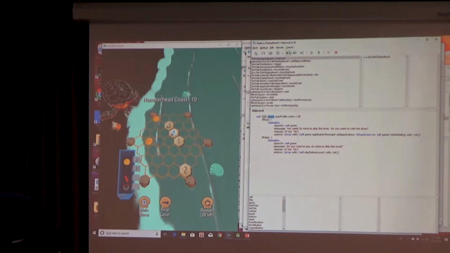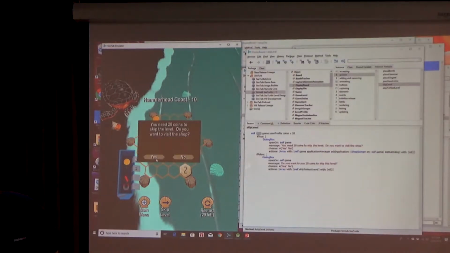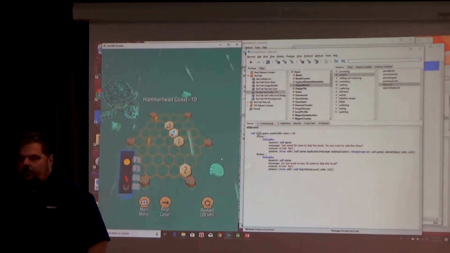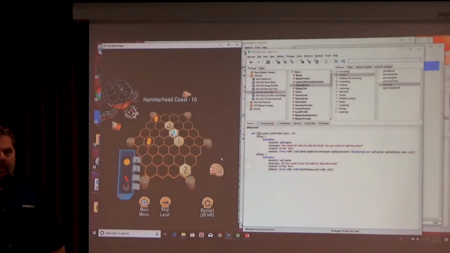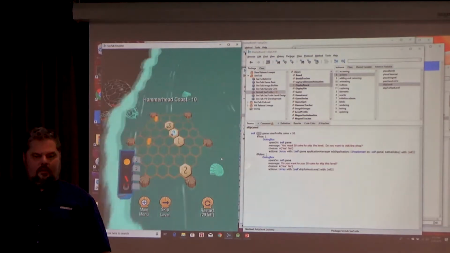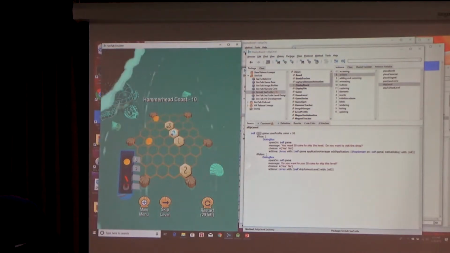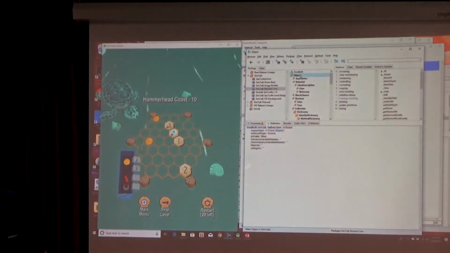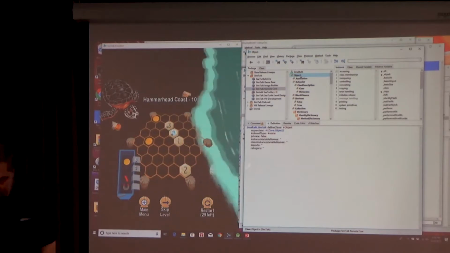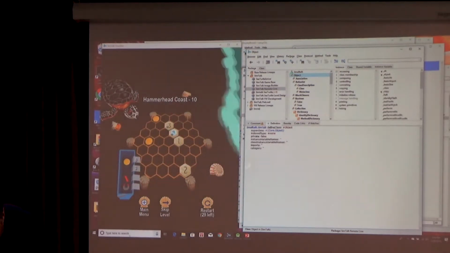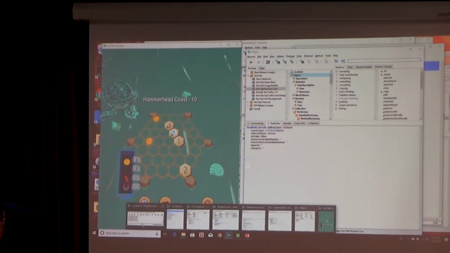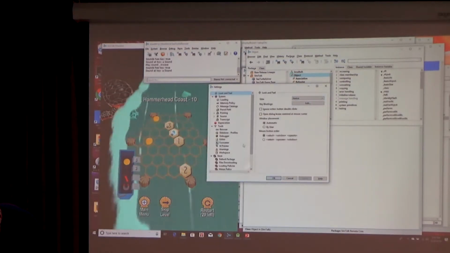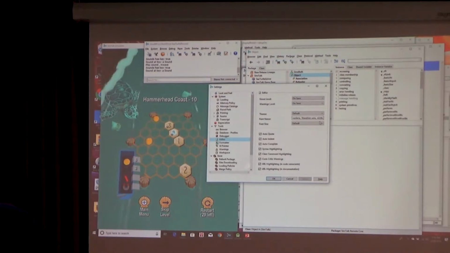I'll just proceed on that. Okay. So now I can develop much faster than I could if I was just doing development on the Android device. While we're here, I will show you a few more things. This is probably too small to see. Let me see if I can make that a bit bigger. Do editor.